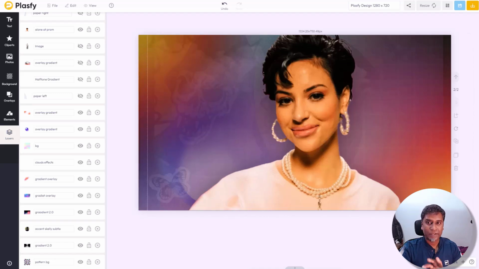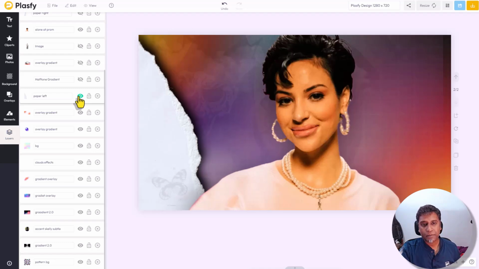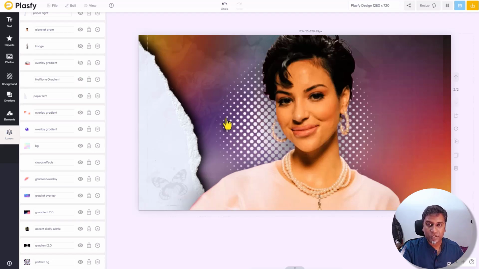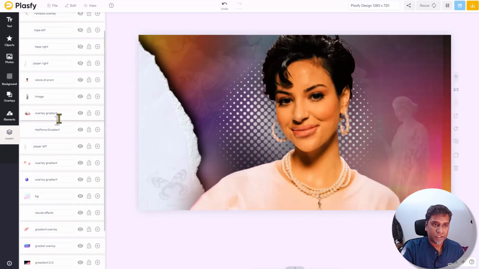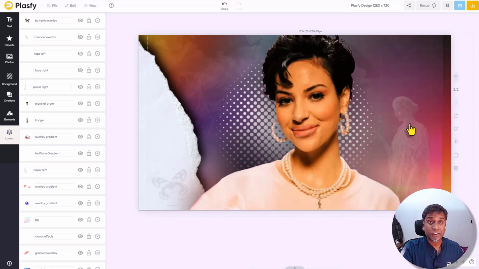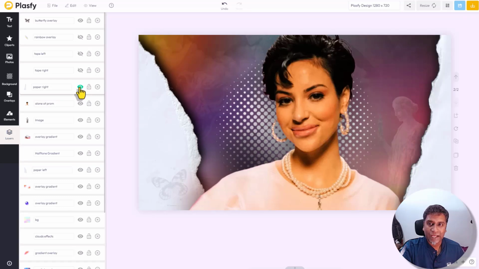Okay, take a look. The image just totally changed now in appearance. Then we add this paper, the paper cut. It's like it's torn there. There's a halftone gradient. All these you can find in the accents. Okay, and this is added just behind her face, her head, so it looks like she's standing in front of it. We have the overlay. Then we have an image. Now we are looking at some of the other accents which are available to us. This is something like the sculpture. We have another paper. Okay, so you could design this however you want.